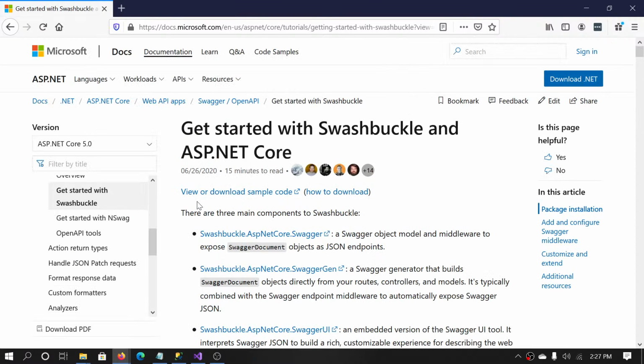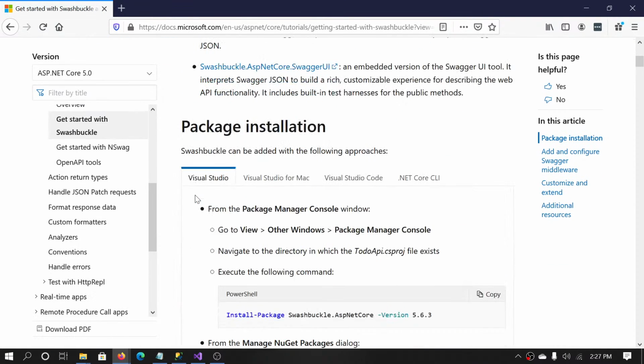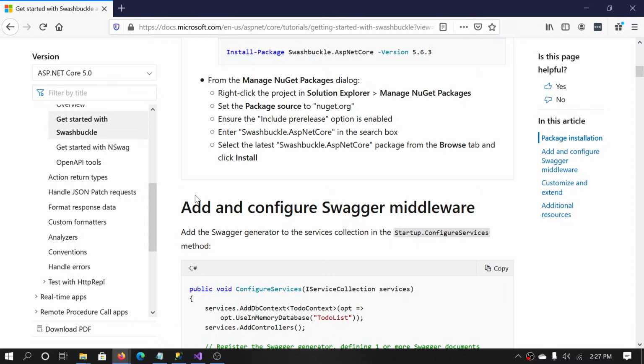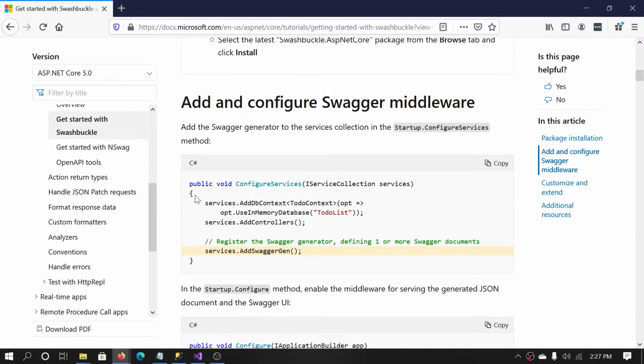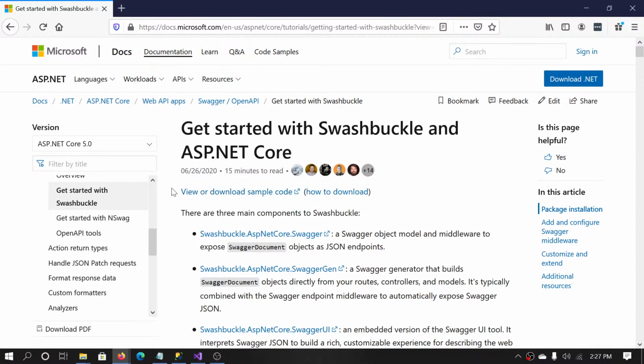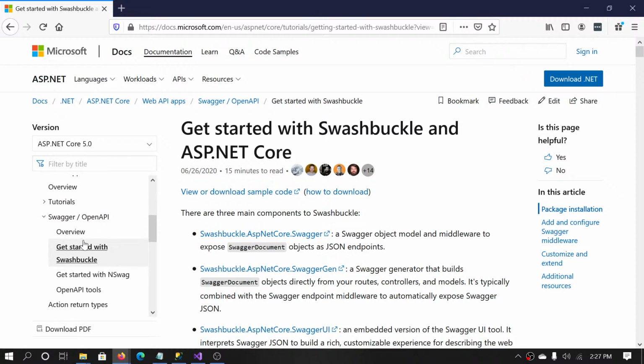The one I wanted to look at here. Okay, so package installation, you install Swashbuckle. Yes, this is one. This is the page after the overview that we looked at. So the first thing we need to do is understand